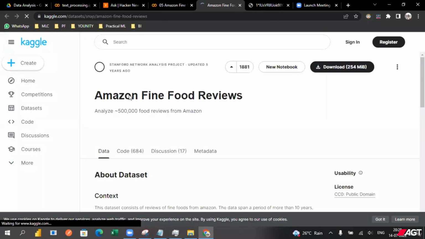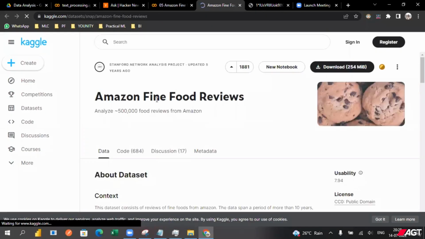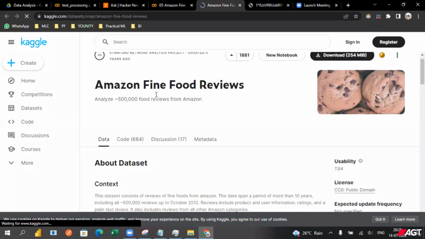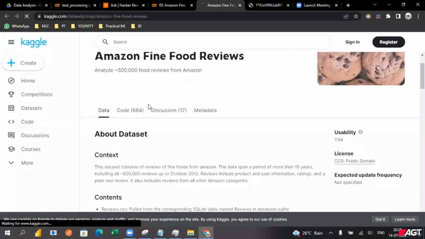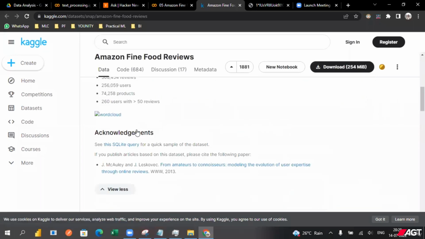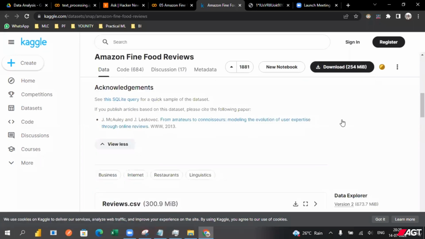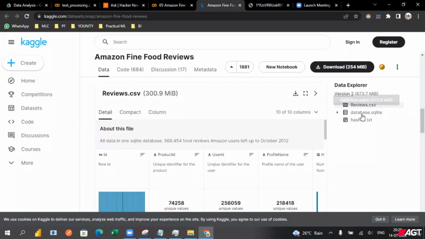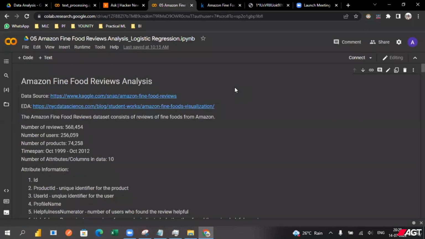It's already there on Kaggle. They already provide some of the notebooks and also the code. So these are some of the columns and some of the row sets. You can also download from here the reviews dataset, the SQLite file and also the hash.txt. So we have a SQL dataset, and you can also get a CSV file with the labels, Amazon Fine Food